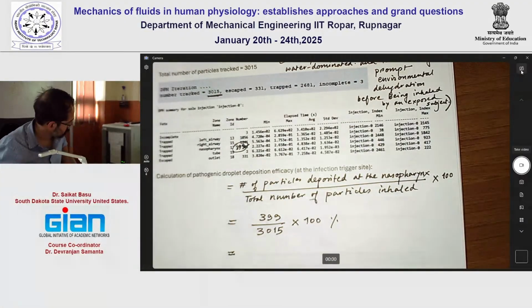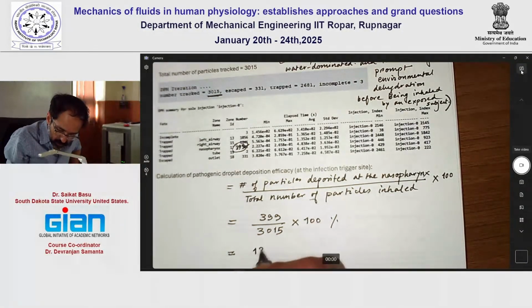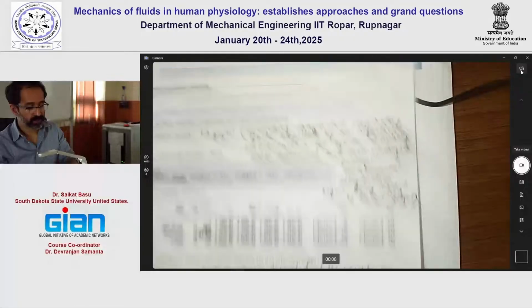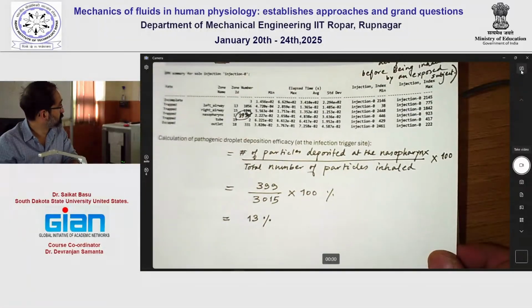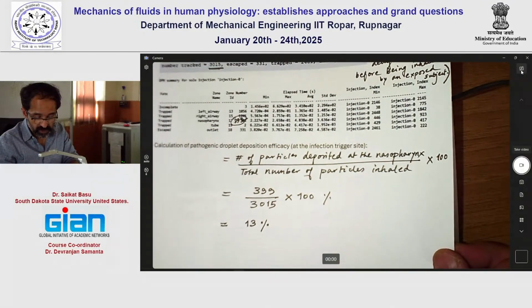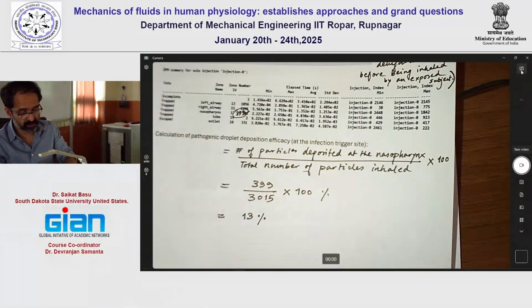Can you give me this number? Huh? 13%. Okay. I think we have just noted on the profile which I wrote 5,000, if I'm not wrong. No. The 5000 was for the drug delivery one. Here the total number of particles is 3015. So for 10 micron particulate for this particular model, we see that 13% of them would be depositing at the nasopharynx. So let's compare this with the